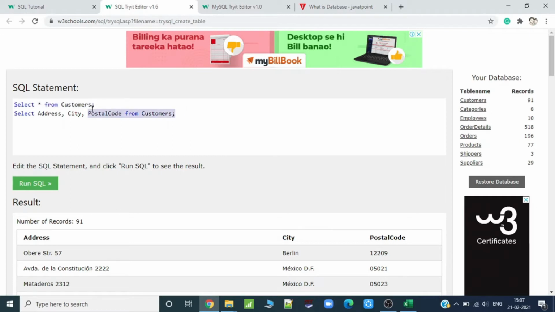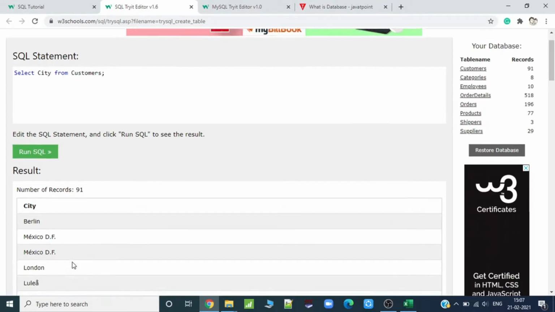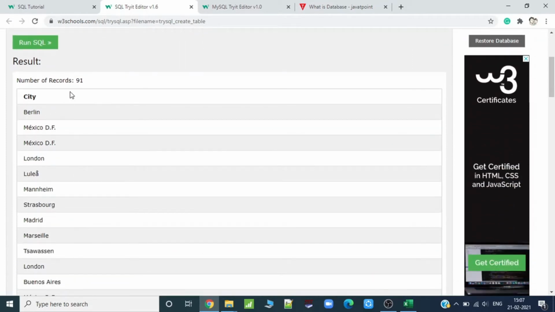Now going to the second part. You are extracting the whole information from here. But let's say I just want city, not everything. Select city from customers. You can see there are a total of 91 records with city Berlin, Mexico DF, London, and everything.